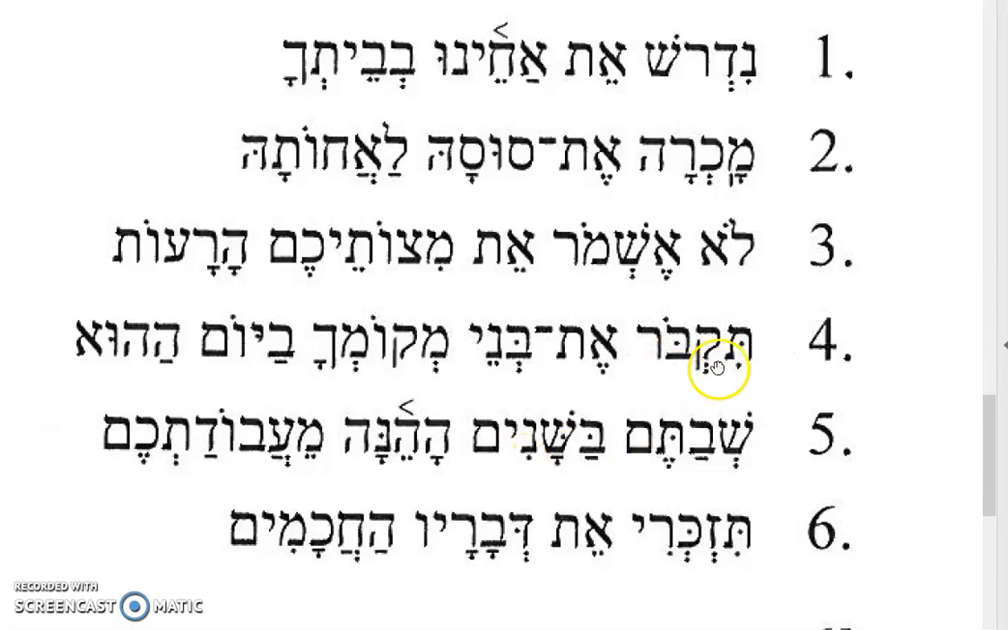Number 4 has an ambiguity because tishmor can mean either she will bury or you will bury. But the pronominal suffix ka on your place indicates it must be you will bury. You will bury the